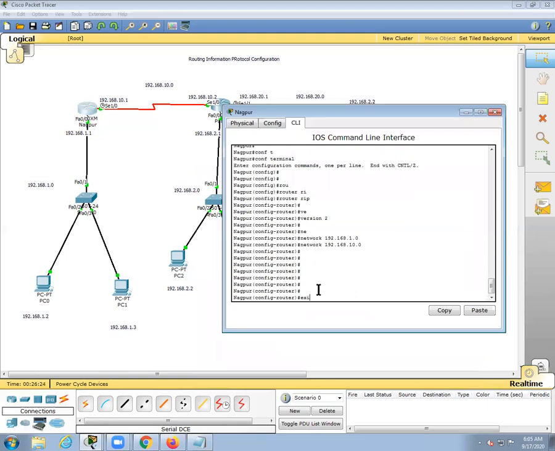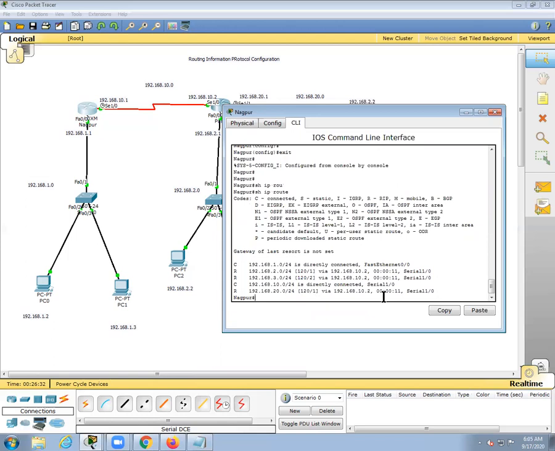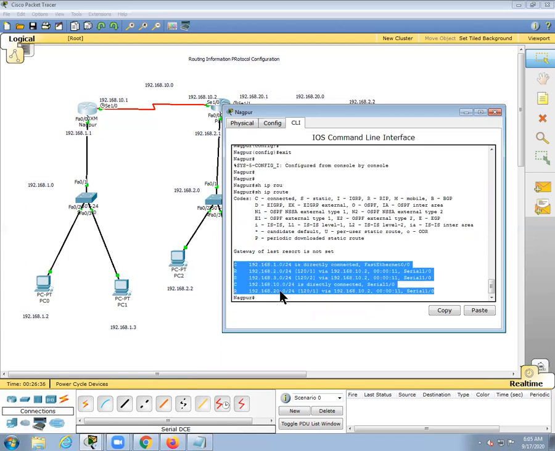Now check whether this entry has been enabled or not. For that purpose, go back and type show ip route. If you run show ip route now on the Nagpur router, all the 5 networks have arrived.